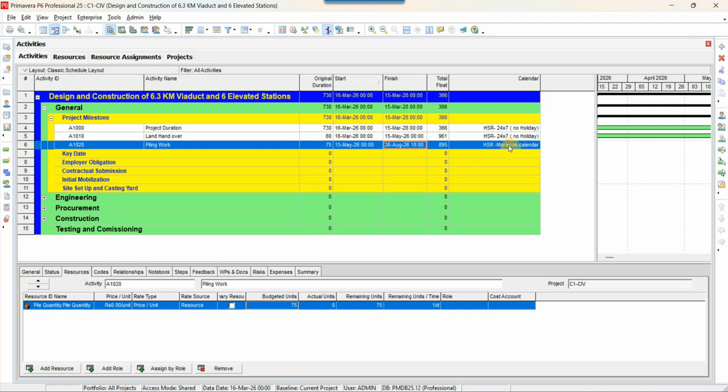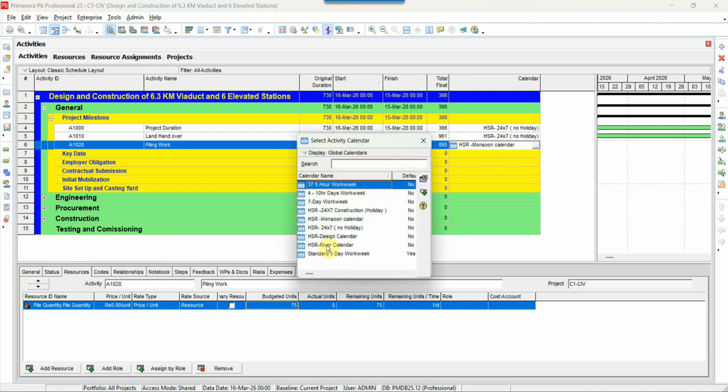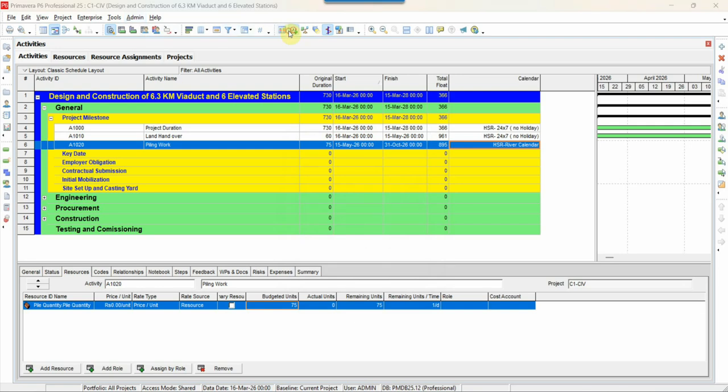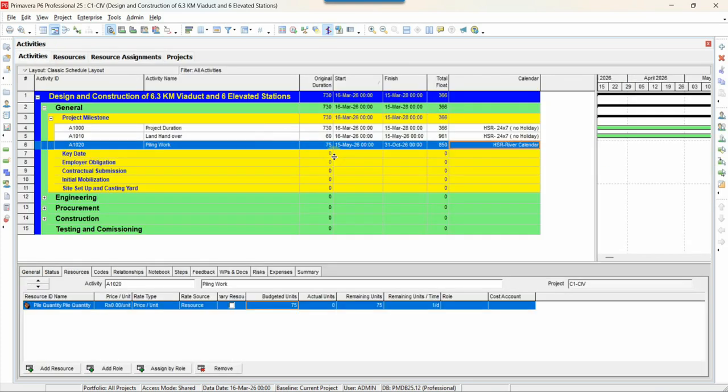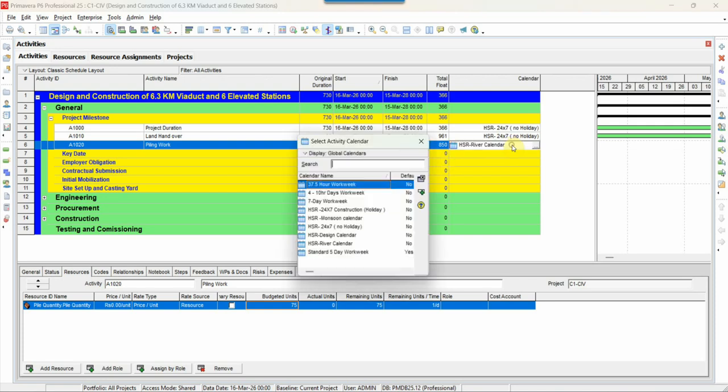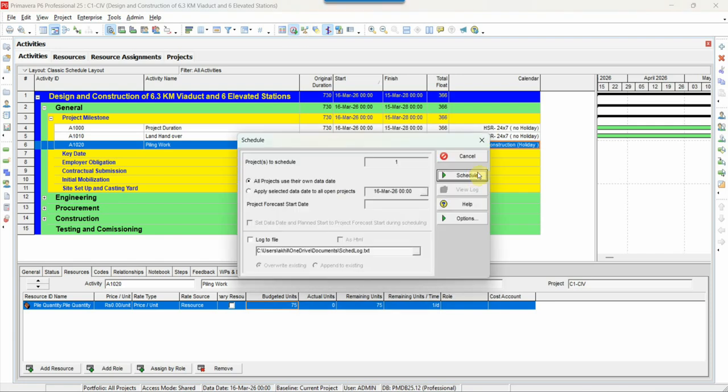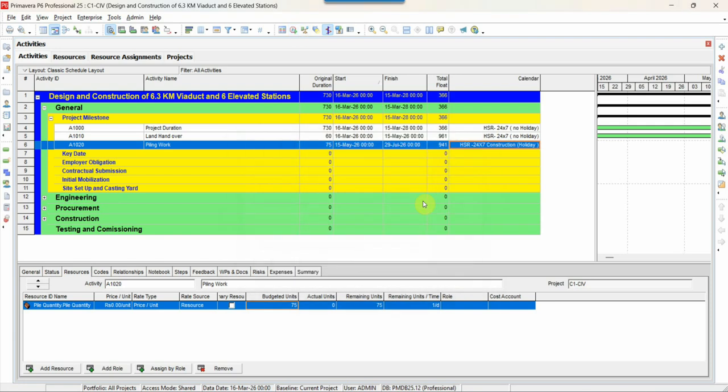Same if I select this as a river calendar, you can see the impact on the schedule. If I have a proper calendar, I am showing that for 3 months I am doing nothing. So that 30 days has an impact. Previously, if I am not using this calendar and just use the normal calendar, I am getting an extension of time up to 29 July 26. But using the river calendar, it will reach up to 31st August